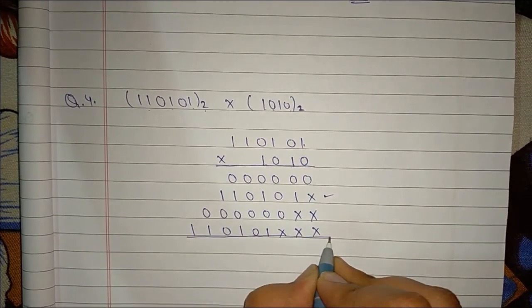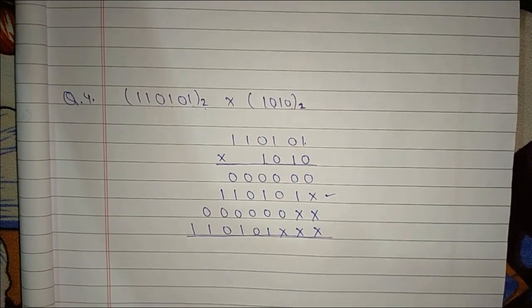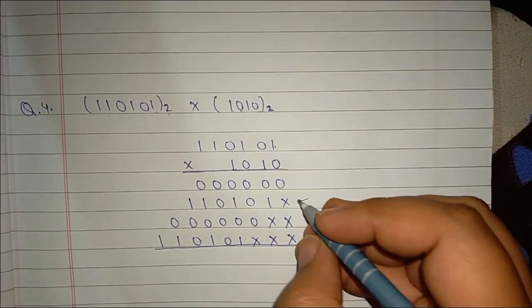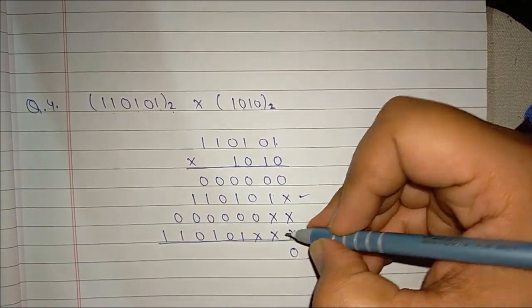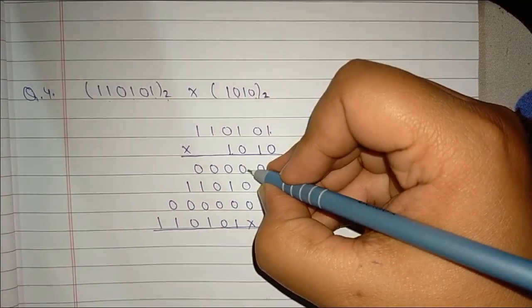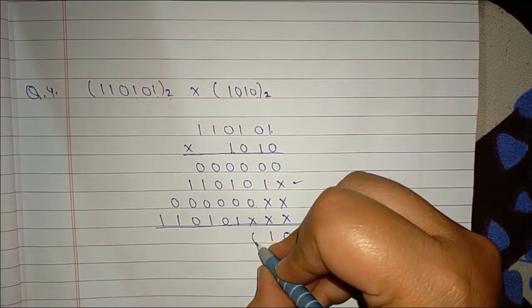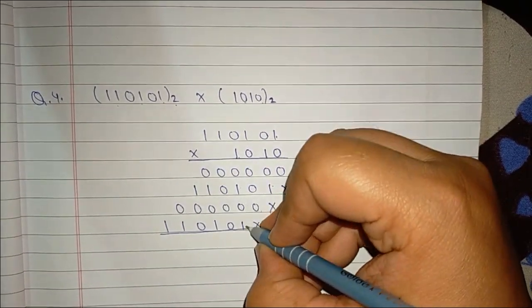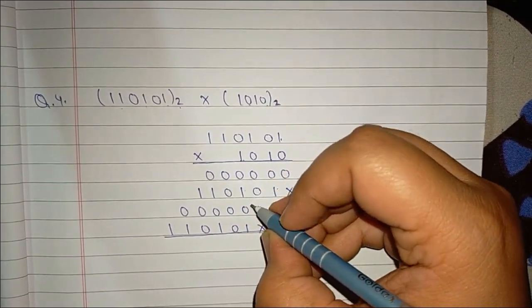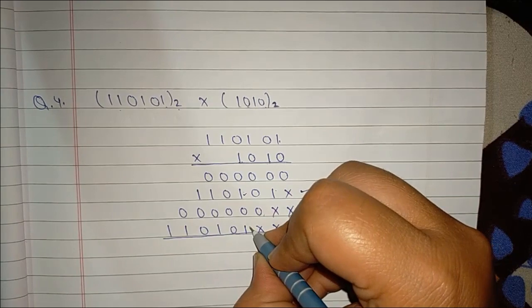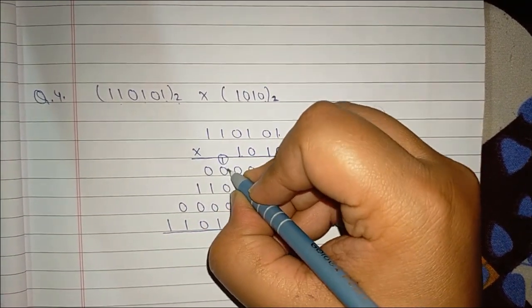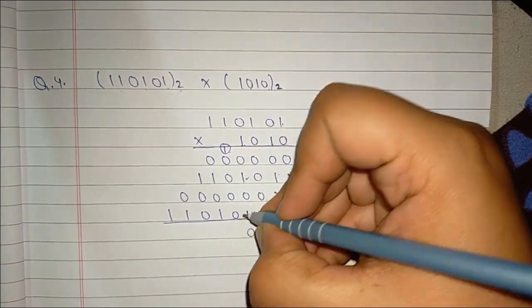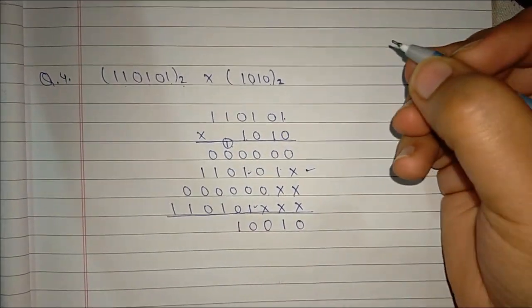That's it. Now you just have to add all these numbers. Now let's add these numbers. So it will be 0. Then over this side we have this 0 and 1 that we can add. So the result will be 1 only. Then we have 3 zeros. It will give you a result of 0. Then we have 0 1 0 1. So we can ignore these zeros. You just have to add these two ones. Your result will be 0 and a carry of 1 will be generated. Now we have 1 carry and 4 zeros. Result will be 1. Fine.